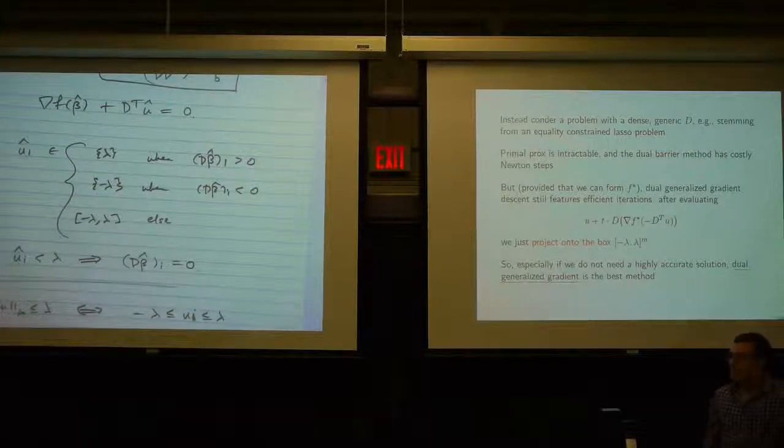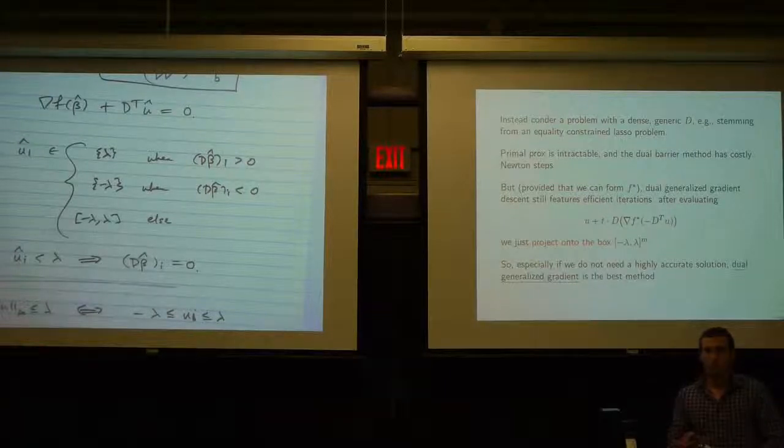Well, let's start with the barrier method. Is the barrier method a good idea? Why is it not a good idea? The cost of iteration is too much, yeah. I can't really afford one iteration if D is large and dense. It's like inverting a large, dense n by n matrix. It's just not worth it, especially if you don't need a very accurate solution. How